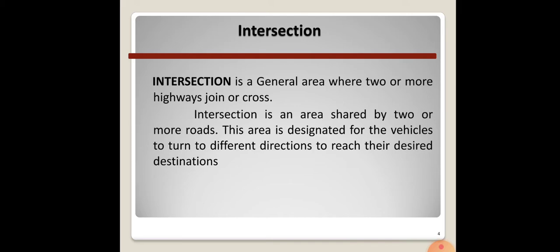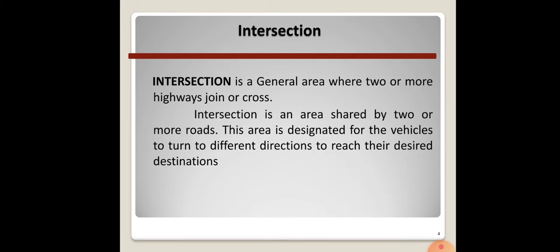The vehicles that are forced to wait, we have already told that here the vehicles that are moving in different directions would be occupying some space at this area. So the vehicles that are forced to wait in order to cross a traffic stream should be provided with sufficient space at all the junctions. So these are some of the points that we have to consider while we design an intersection. That is, the most important is that the number of intersections should, as far as possible, be kept minimum.